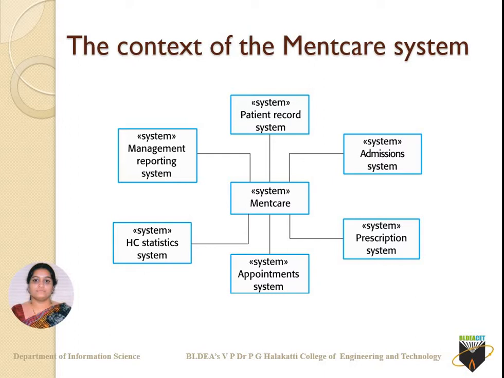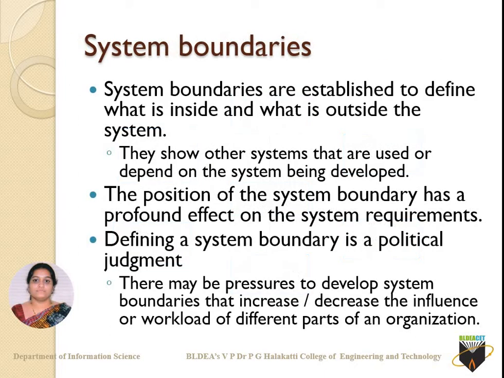Whenever you speak in terms of context, we come to know about the system boundaries. Based on that, through the context we ultimately define and come to know what our system boundary is. Through that we come to know how many activities or how many processes can be performed. Each of them I can call a sub process, which can be processed for the respective system to be built.